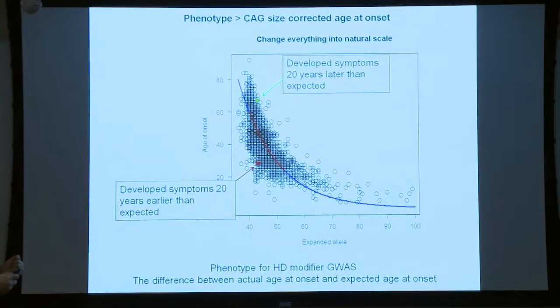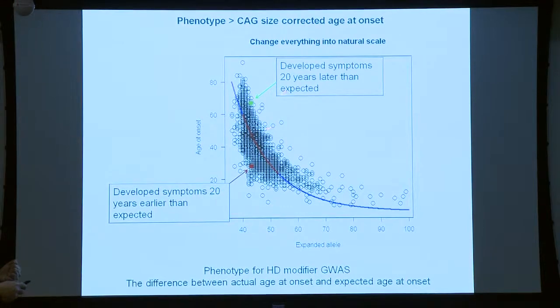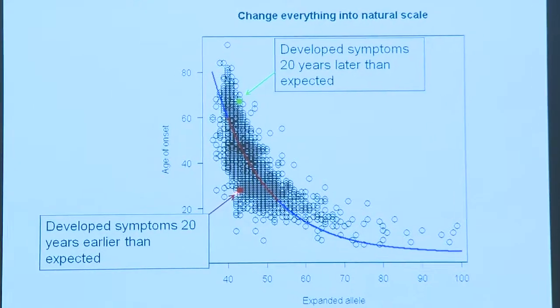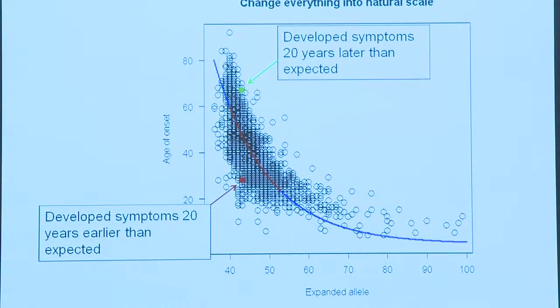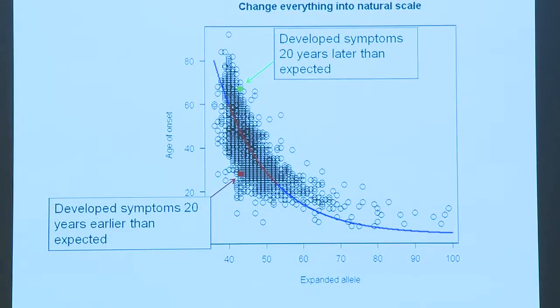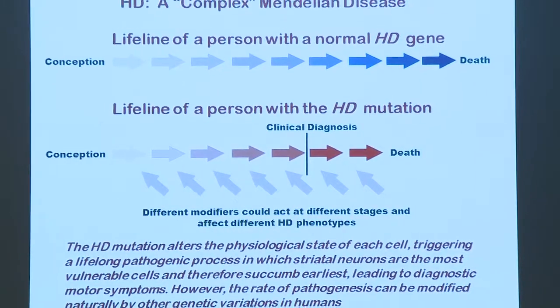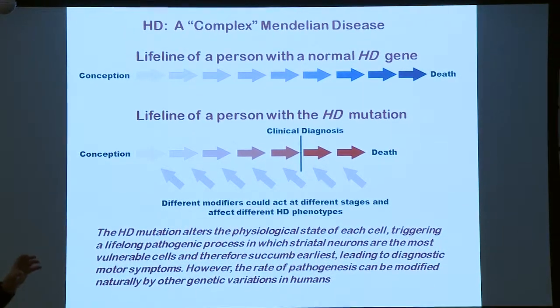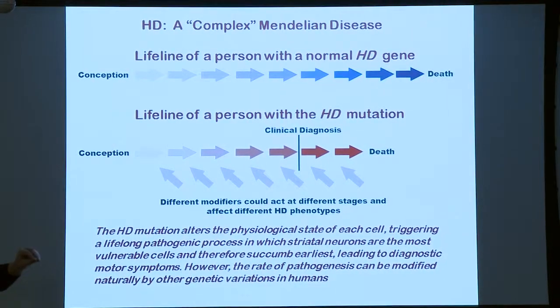And the genetics also gives you an opportunity. Here's a case where you have somebody who's 20 years later onset than expected. Here's 20 years earlier onset than expected. I told you that that difference is highly heritable, so you can go look for the things that cause that in a modifier study. And so what that really means is that if you think about Huntington's disease, yeah, it's